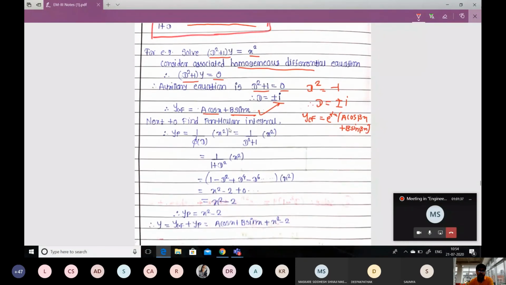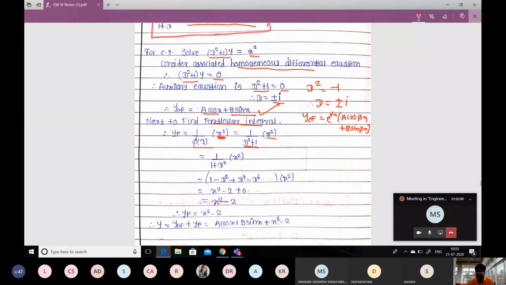Okay, next we want to find the particular integral, but in this case again we have to consider yp is equal to 1 upon f(D) of x square. Up to this the process is same. After that what? Look at this. This is an x square polynomial, x to the power m something. Okay, that m is a positive integer. Okay, 1, 2, 3, and so on like that. And in that case, what you need? You need to take the inverse of the auxiliary equation. So auxiliary equation is what? D square plus 1. So 1 upon D square plus 1 times x square.